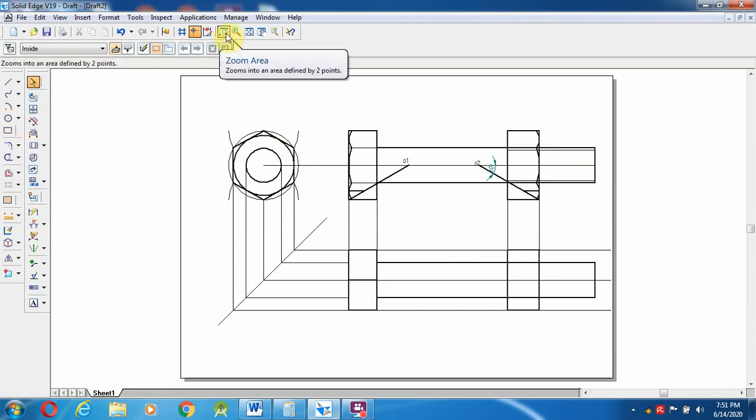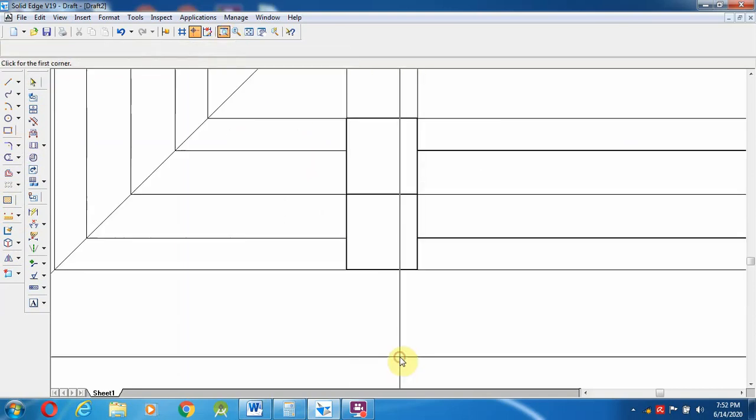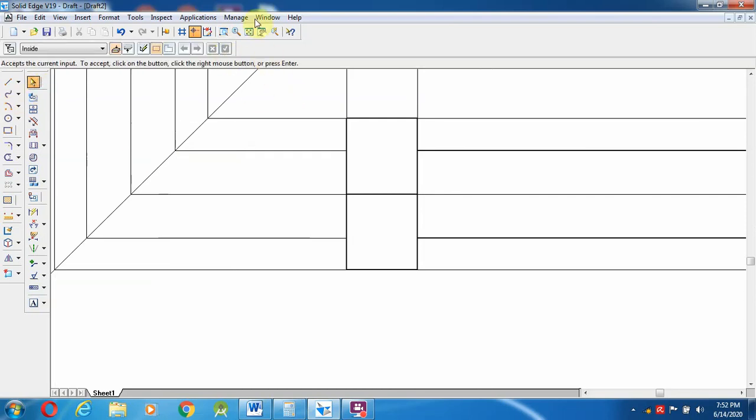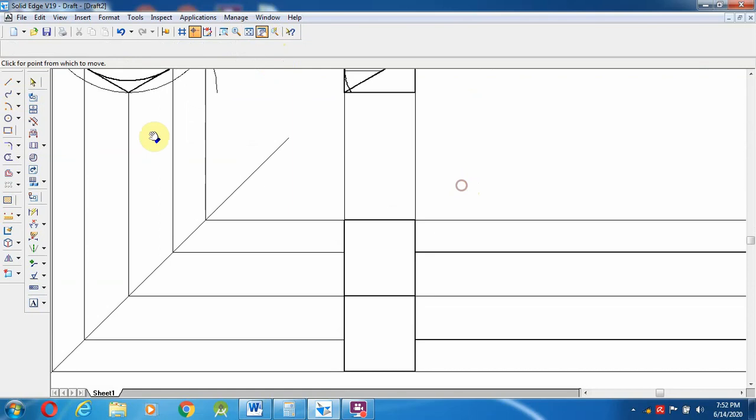So how to make the chamfer and fillet edges, now I will show that. Go to here, zoom the particular thing, and now I am going to make the line from the fillet end, from here to this one.